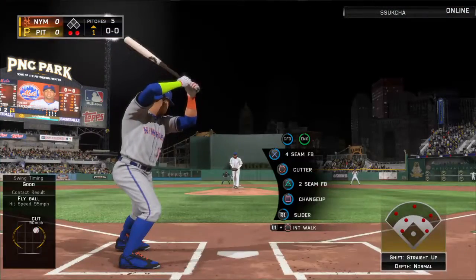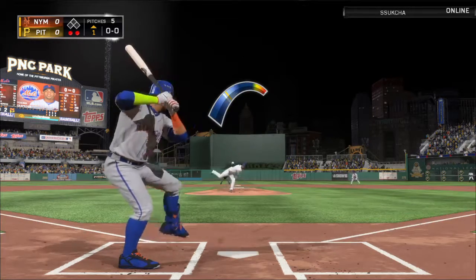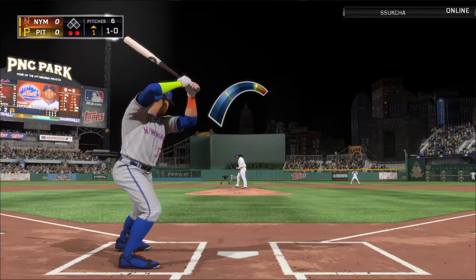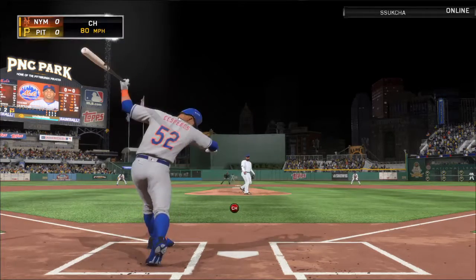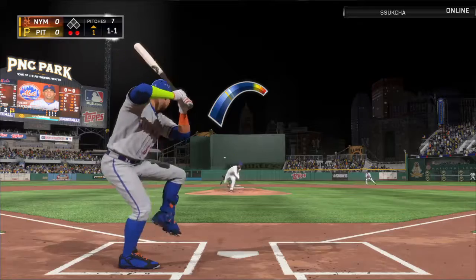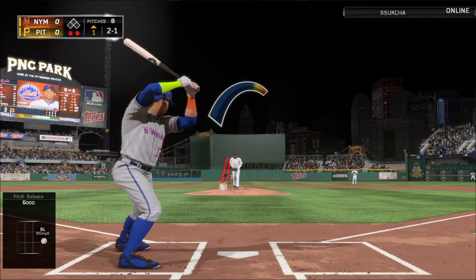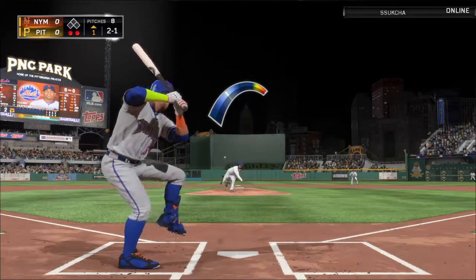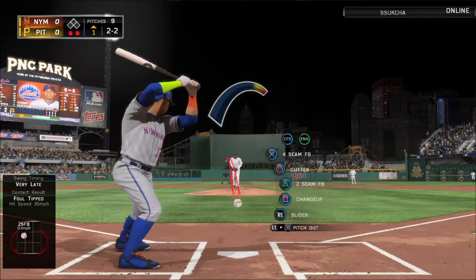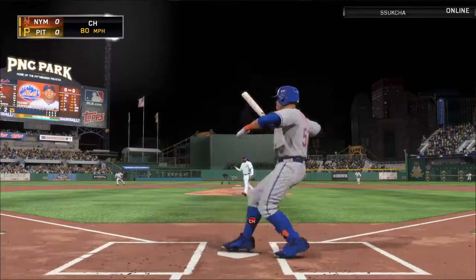Yoenis Cespedes gets his first opportunity now in the top of the first with nobody on. First pitch here misses wide, 1-0. Oh, and he had him guessing there, and it's a ball and a strike. Yeah, just really jumping out at that last pitch. He had him thinking fastball, maybe even slider. And this ball runs away for ball 2, 2-1. Swing, and he pops him up over toward foul territory. And this is going to wind up a foul ball. Got him swinging, and that will end the